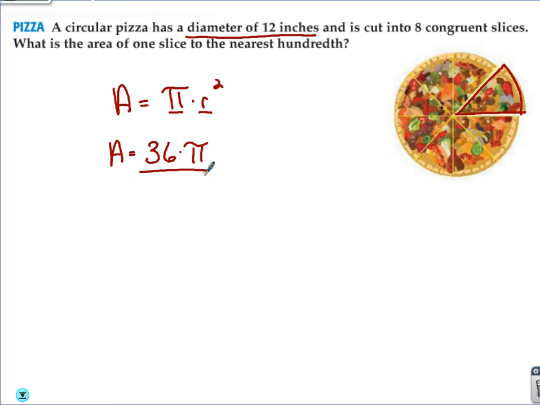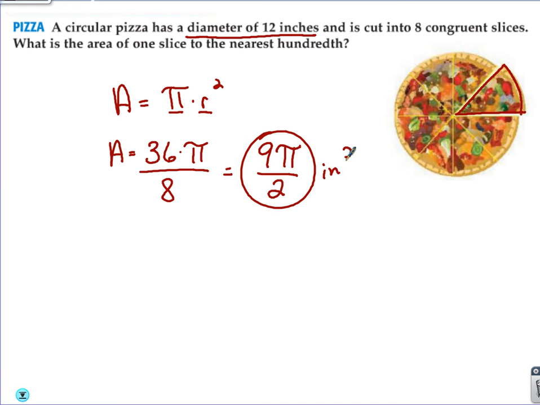Good. Divide by 8. That makes sense. Now, this again, I left it exact. Can I divide pi by 8? Not without getting a decimal. Can I divide 36 by 8? Not without getting a decimal. Can I reduce 36 and 8? Sure, divide them both by 4. That'd be 9 pi over 2